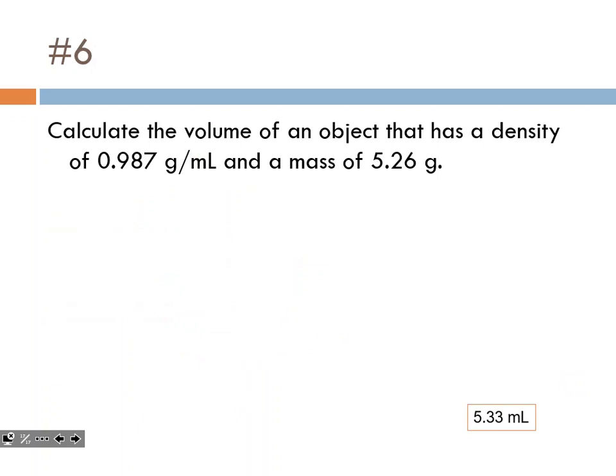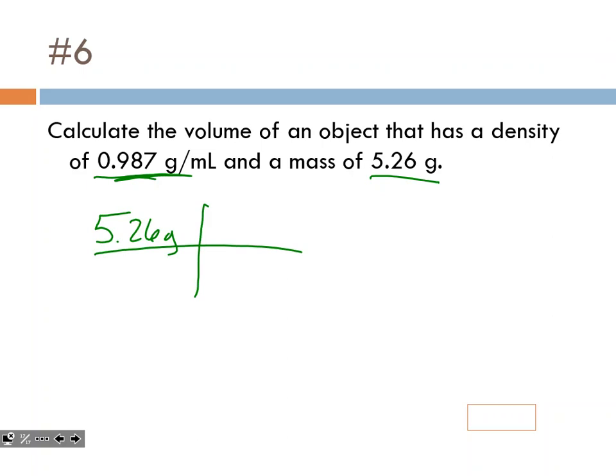This case, you're starting with the grams. We have the grams here, so we're going to put that in the upper left corner. We're still going to use our density conversion factor, but this time what goes down? Grams goes on the bottom, milliliters is going to go on the top because we're searching for a volume. So 0.987 grams, where's that number going to go this time? It goes on the bottom down here. That equals 1 milliliter. Now the grams cancel. Okay, and we're going to end up, once again, 3 digits here, 3 digits here, so we're going to round our final answer to 3 digits since it's division. So the final answer,